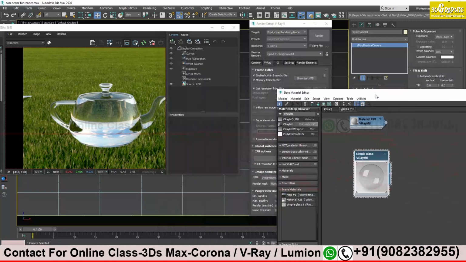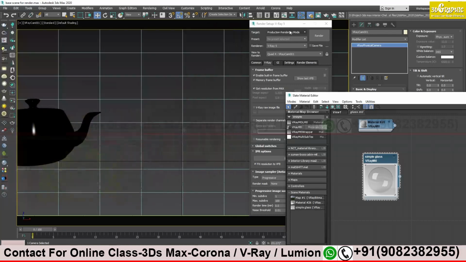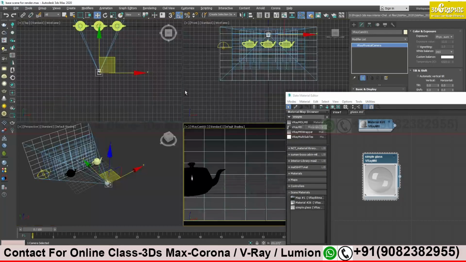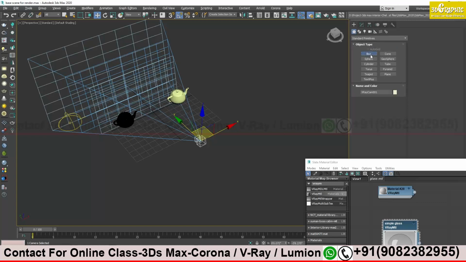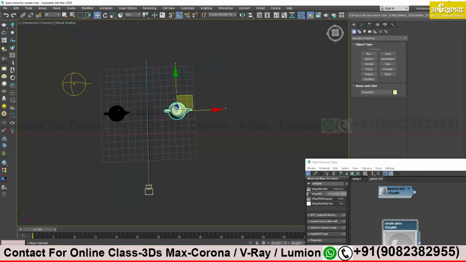In our cases, this is a 3D model, maybe for interior, suppose. And in our cases, our glasses are straight, flat kind of glasses we usually have. So let's create some flat things like a window glass. We will create a box over here. Just aside this. Let's move this one. Keep it aside.